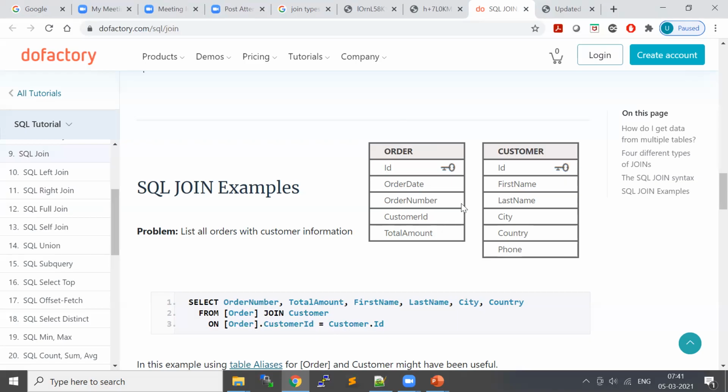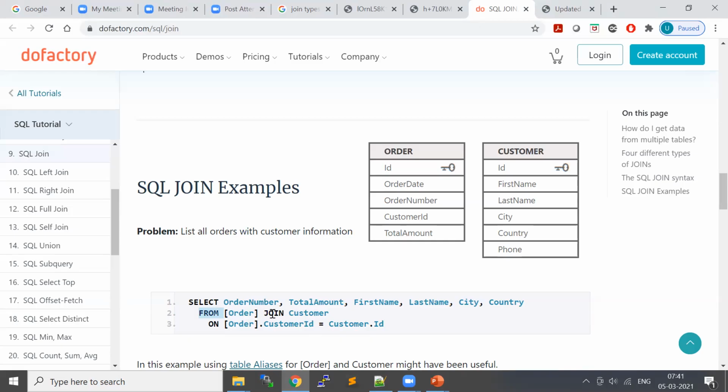So if you want to make a join between these two tables, you will make a join condition of the customer ID from the order table to the customer ID from the customer table. This is how a simple inner join will look. Any join will have a join condition, and in the join condition you provide the join columns. So I am selecting from the order table and joining the customer table. Here there is no keyword mentioned as inner, but that is the default join.